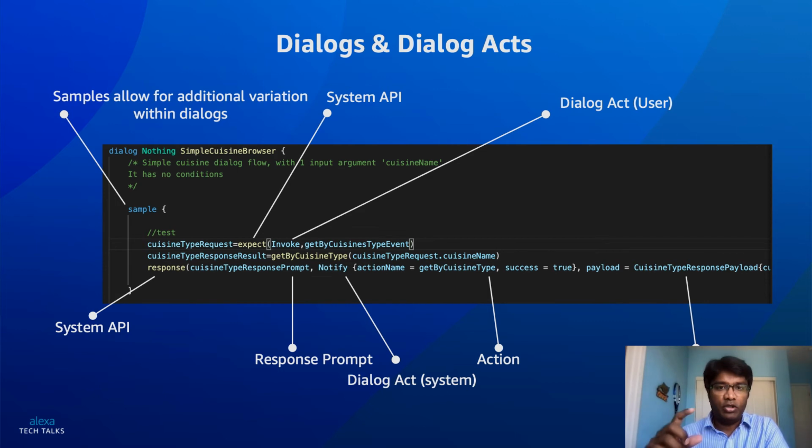Imagine it's kind of a functional block or a dialogue block or a sample block within a particular use case. Now, one dialogue can have multiple samples, which are all interconnected, slight variations of your use case within a dialogue. So that is, I would say, pretty much how I would look at it. And each sample provides a variation, like I said, on the dialogue use cases. And it almost always begins with a keyword called expect, and it triggers the dialogue turns and starts a conversation.